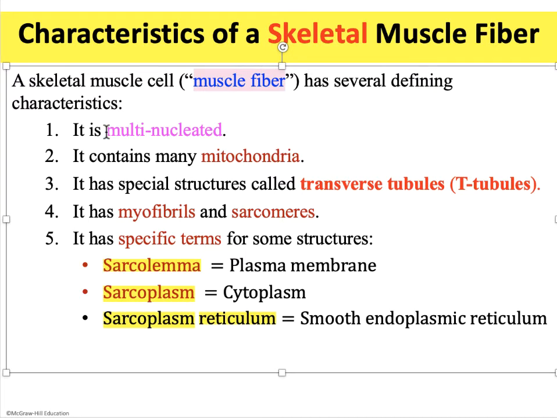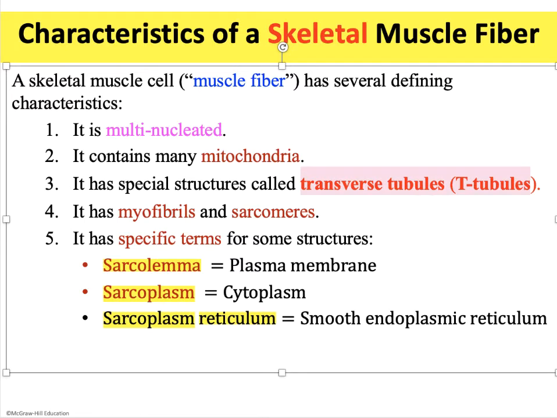The first thing is that they are multinucleated. Not many cells in the human body are multinucleated, but striated muscle cells are one class which are. And that's to do with their developmental processes which lead from stem cells to giant muscle cells of this nature. The second thing is they contain many mitochondria. Mitochondria generate lots of ATP, so these cell types require a substantial amount of ATP energy for their functionality. In fact, we'll learn that ATP is required in 4 different processes when it comes to the activity of these